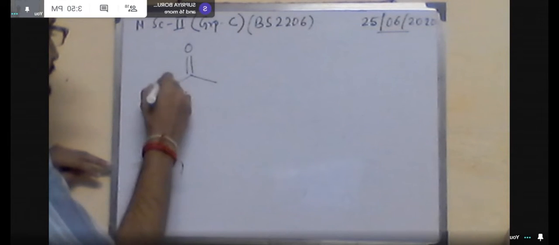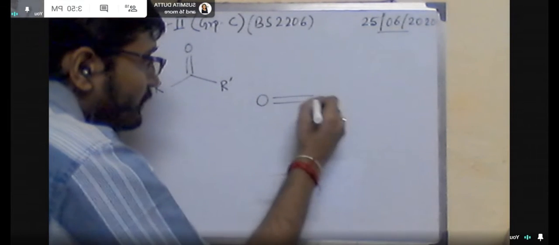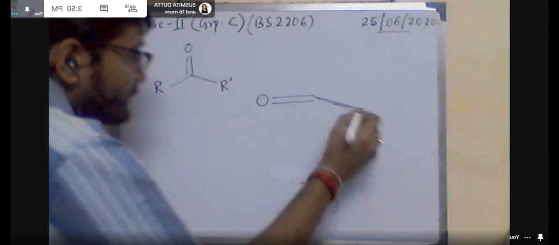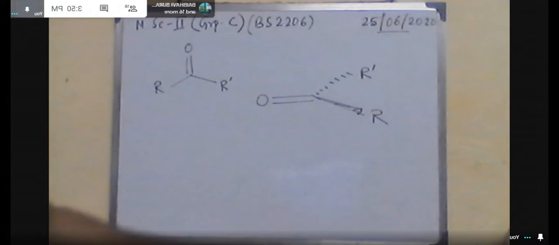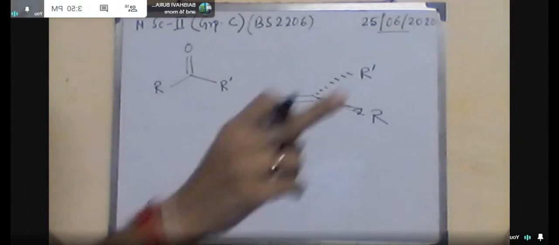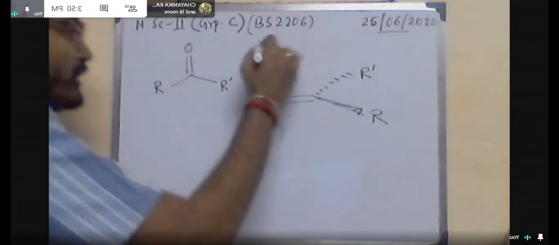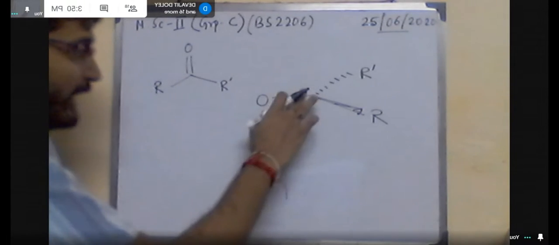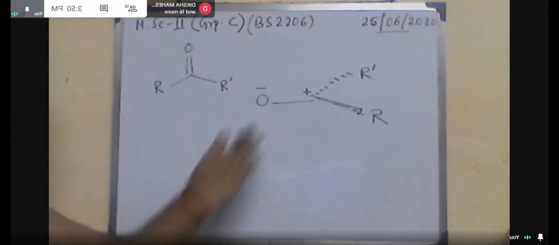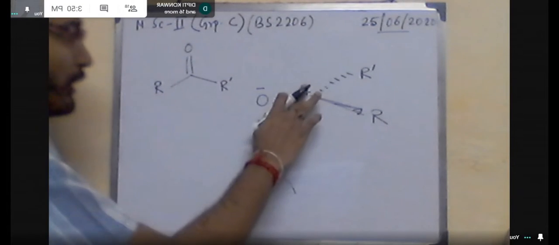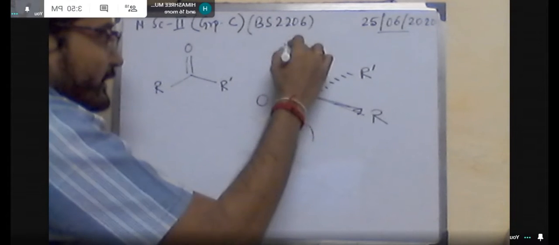That means by the resonating structure we can show it this way. This is plus, this is minus, and this is the electronegative atom. So the nucleophile will attack here. We can write that the negatively charged species, the nucleophile, will attack here and the negative charge will shift onto the electronegative oxygen. But no, this is not the actual approach of the nucleophile. The nucleophile will never attack in a perpendicular way to the carbonyl center. It will always follow an angle. So that means there will be a trajectory path. Here you can see the angle is 90 degrees, which is not feasible.